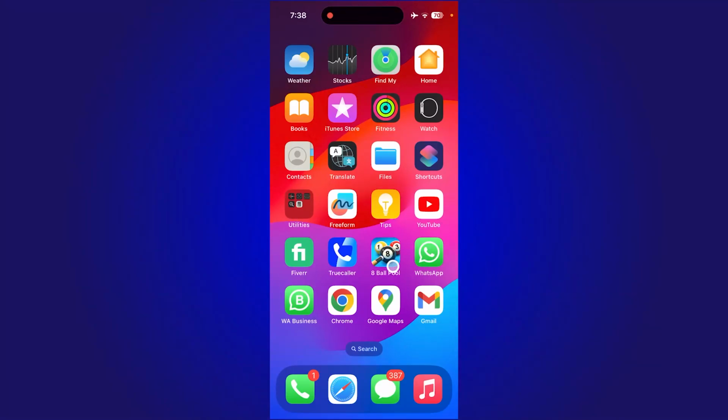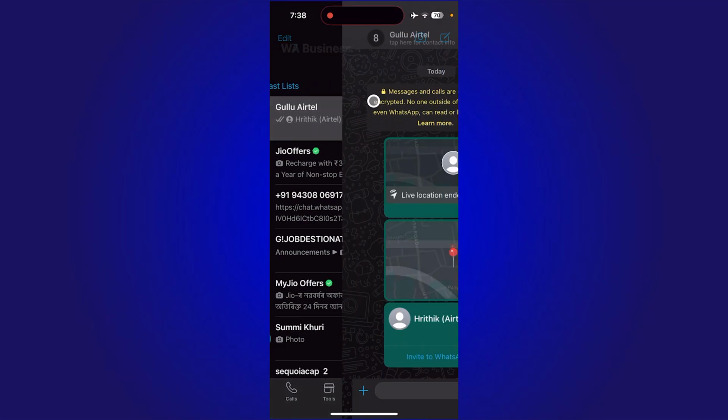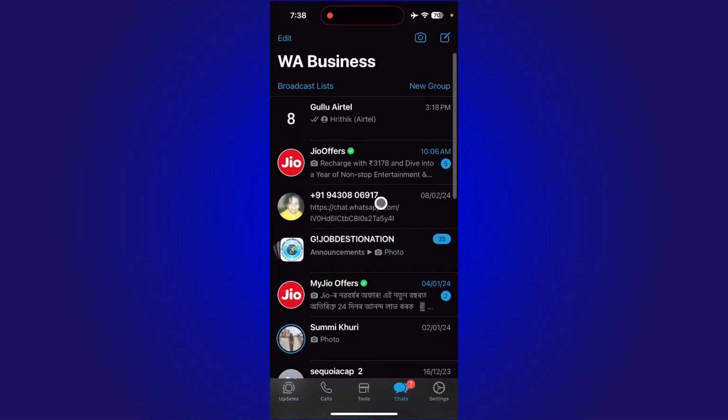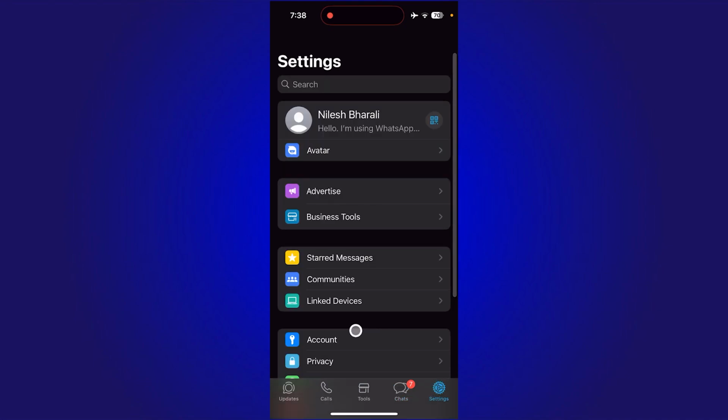Hello everyone. Today in this video, I'll be showing you guys how you can hide your last seen or remove your last seen from your WhatsApp. What this will do is any friends or family members won't be able to see your last seen or your online status. For that, what you need to do, just go to the settings button and go